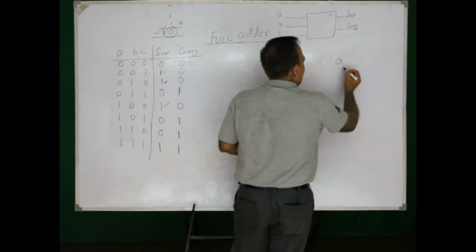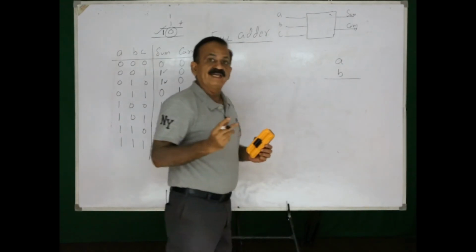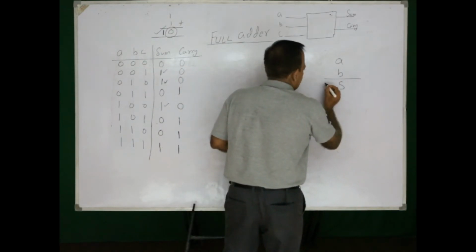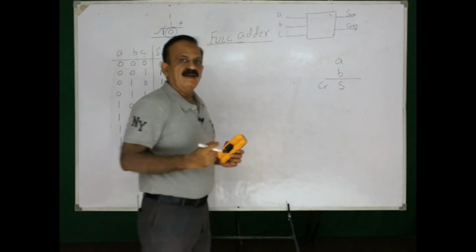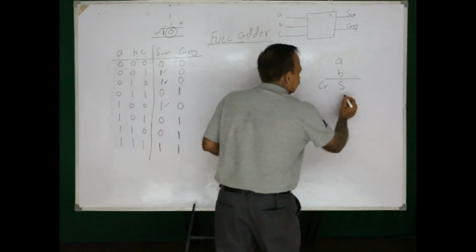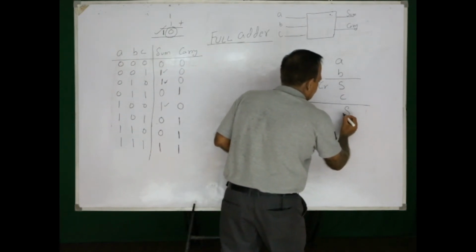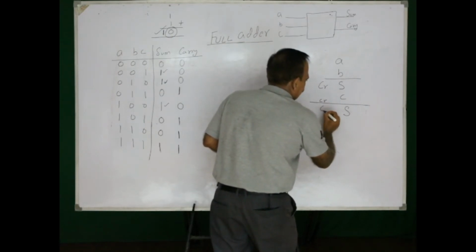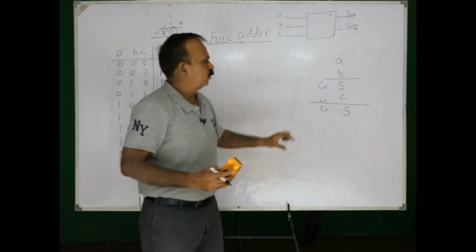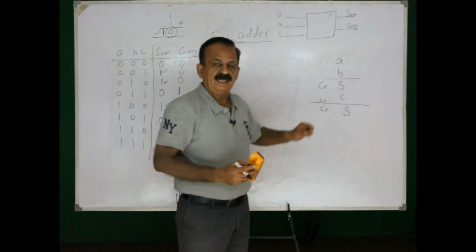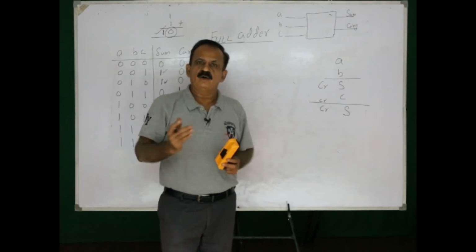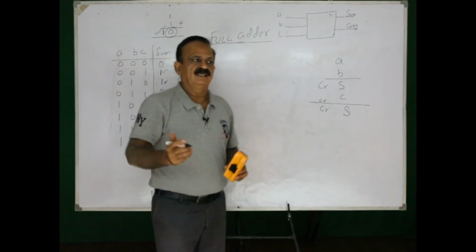Say I will add A and B. Since these are 2 bits, I need a half adder. So there will be a sum and positively there will be a carry. Now, the third bit I will be adding to this sum. Positively again there will be a sum and there may be a carry. Now, carry can be either from the first stage or from the second stage, and the gate for this implementation is OR. OR gate output is high when any of the input is high.